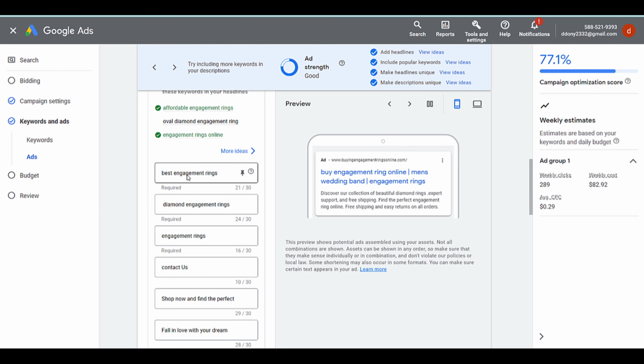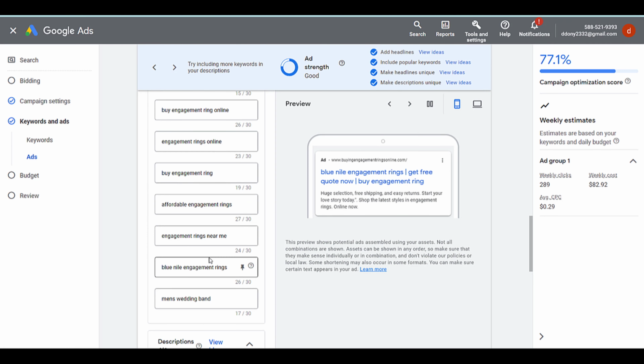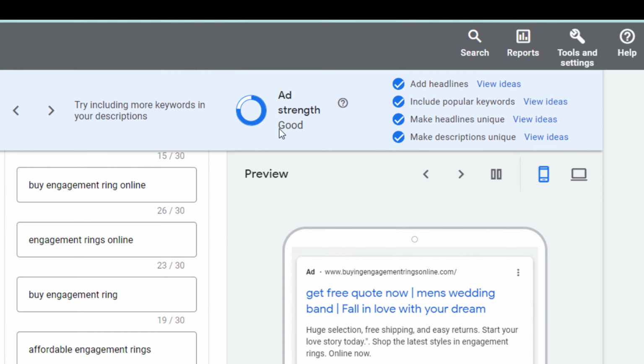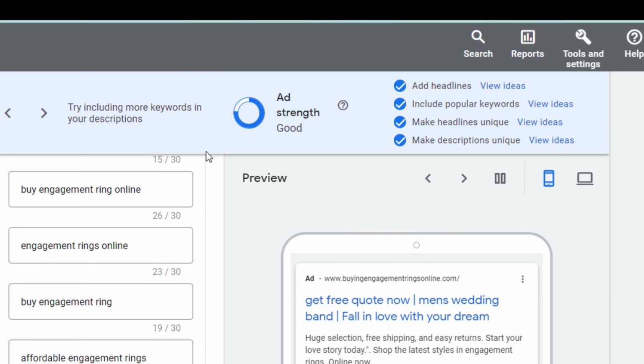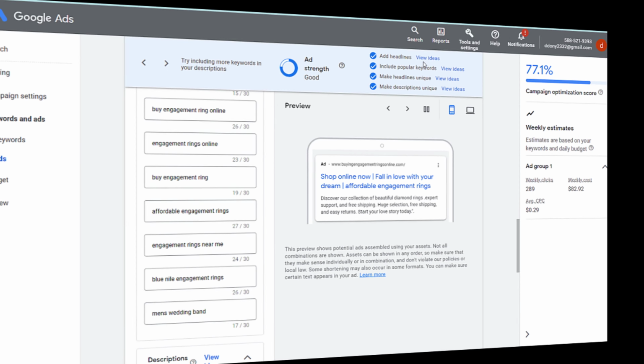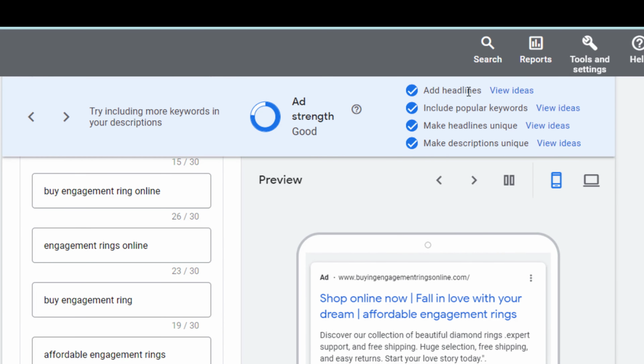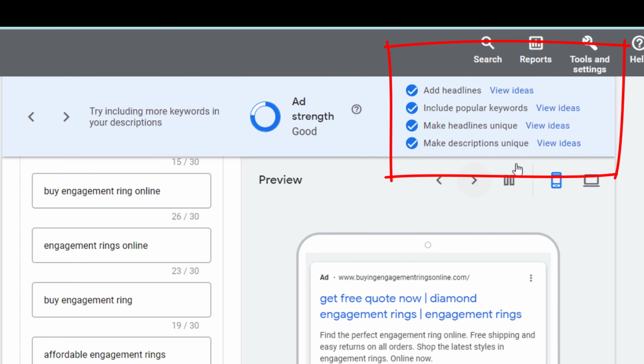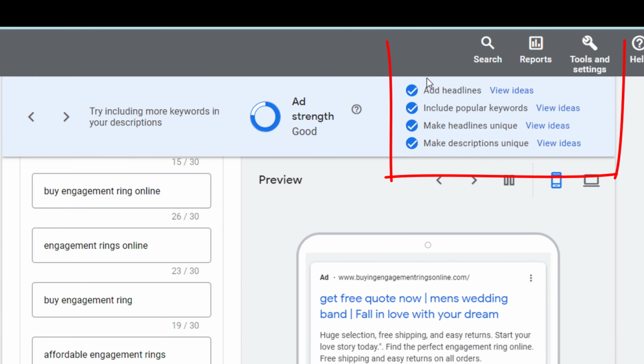You can fill everything in here based on Google Ads requirements, and make sure you have a good ad strength with the Google guidance and get a good score, and fill in here until it all checks out.